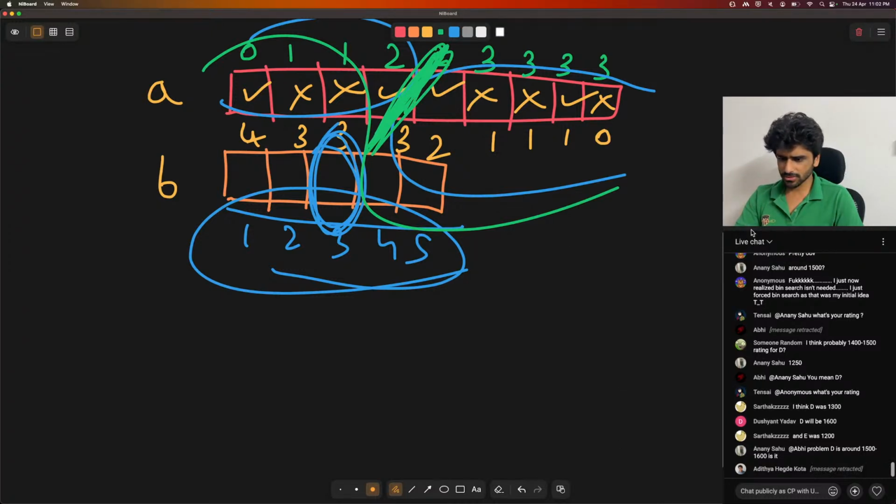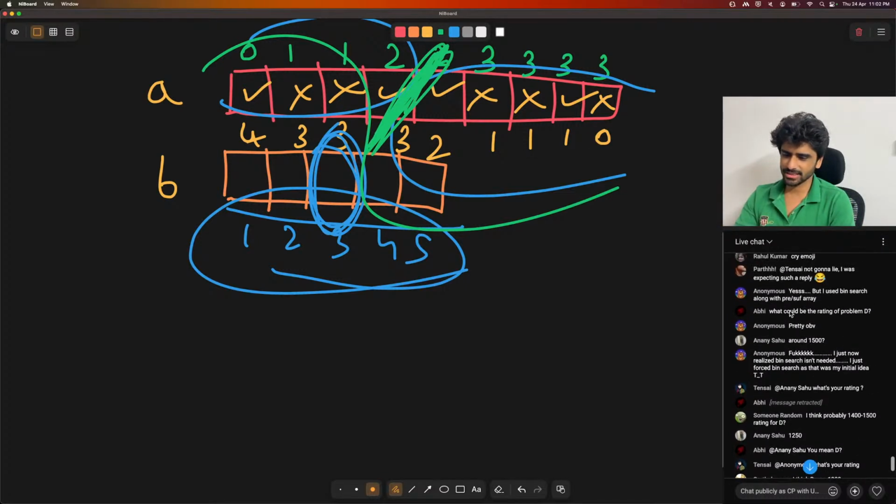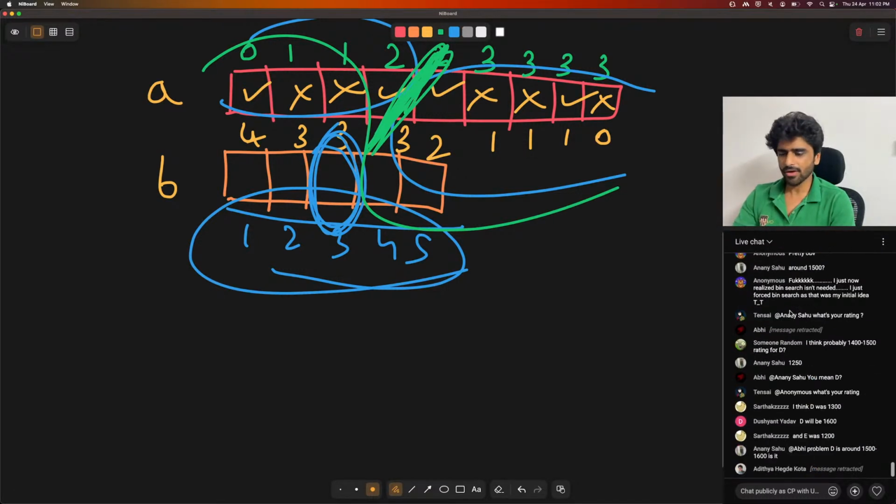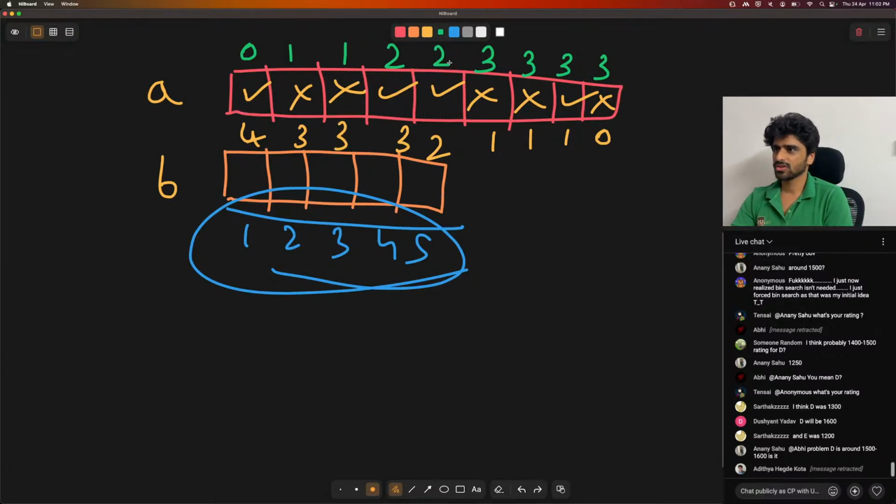Yeah, some people are saying binary search, min heap, something, but according to me, this is just a prefix suffix sort of thing. So if somebody is joining just right now, calc is short for calculator. But anyway, so